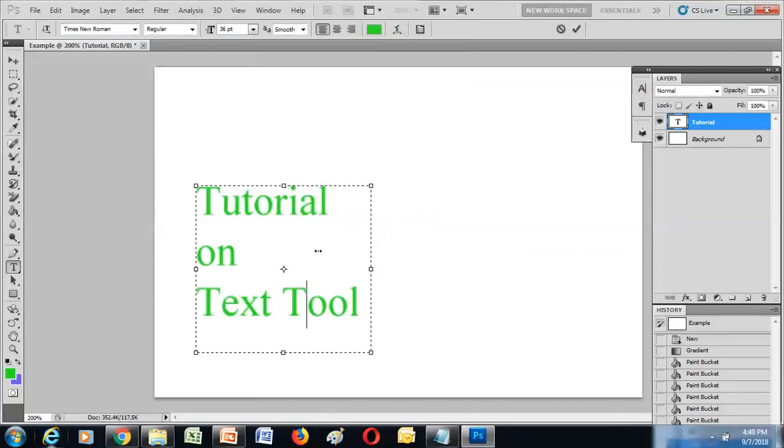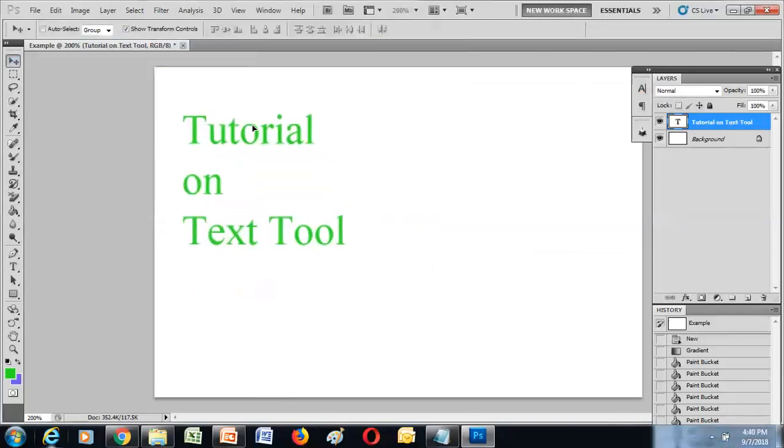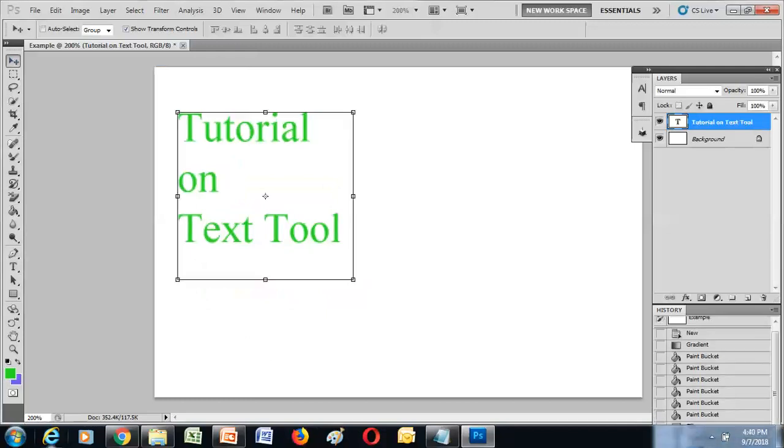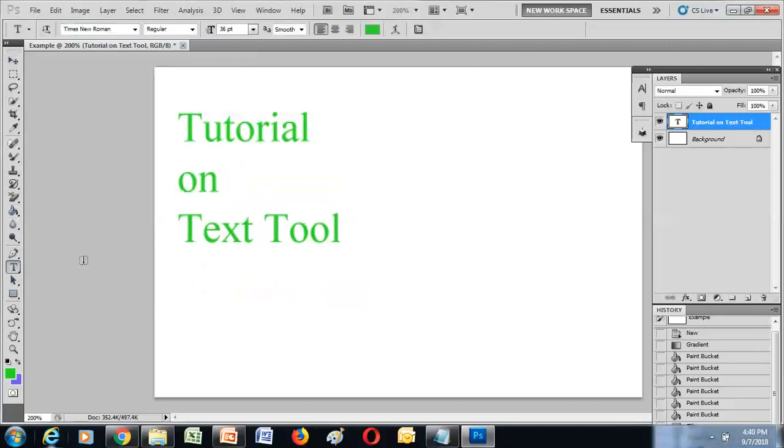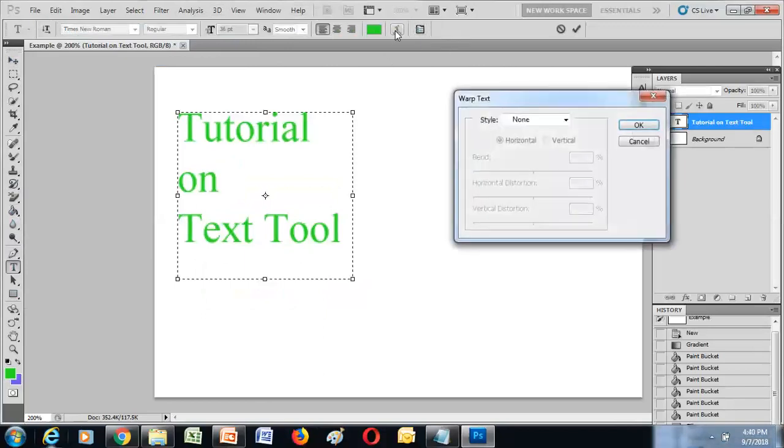Just trying to decrease this. Just selecting this move tool. Then I'm just trying to move this a bit up. I'll again go back to the text tool out here, the horizontal type tool. I'm pressing here. This will enable me all the options that I have for this tool. I'm selecting here,